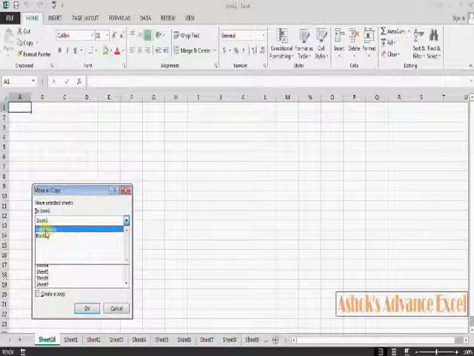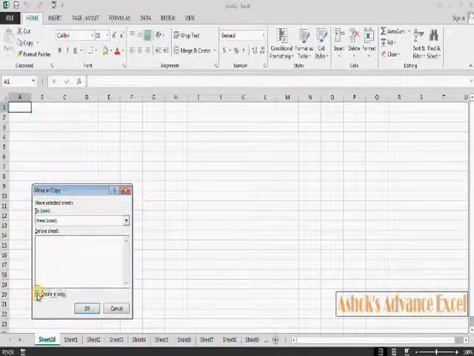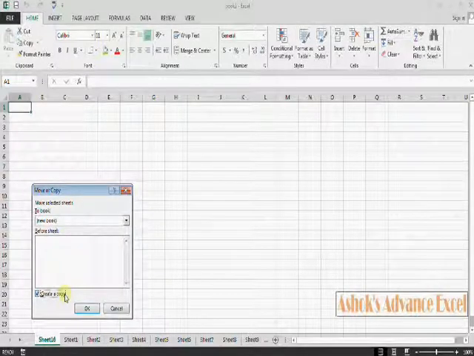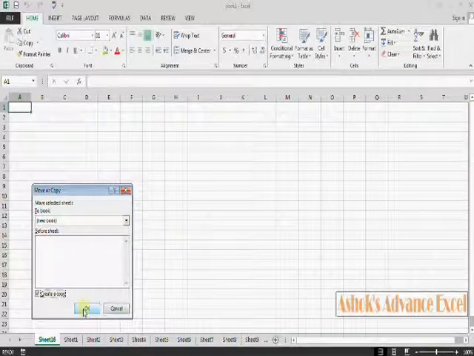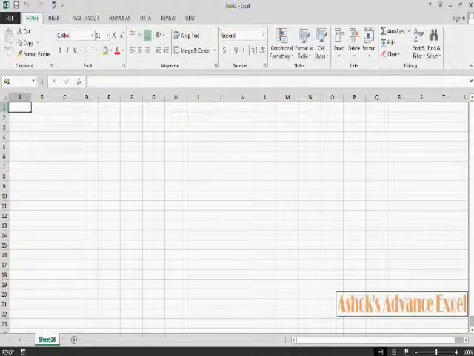That's why it is showing Book 2 here. Now select new book and check this on. Now what will happen? Excel will create a new copy in a new workbook, that will be Book 3 with sheet 16. Click OK. Now you can see sheet 16 is here and it is open in the new book, that is Book 3.